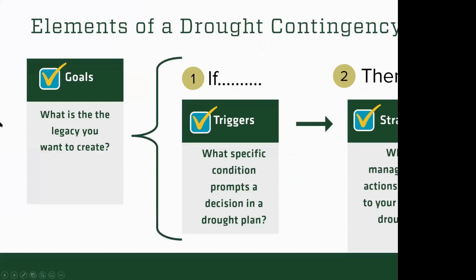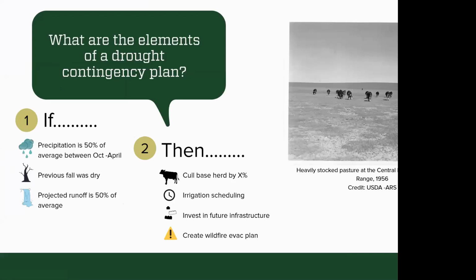So we've talked about if, right, that's the trigger concept. We've talked about how goals underlie and underscore every part of this. And so then I'll talk very briefly about the then. What are the management strategies and what does that look like in the context of a drought plan? So again, the then is highly dependent on your operation type, right? So culling is a really big part of the strategies involved in range management and ranch management, but it might